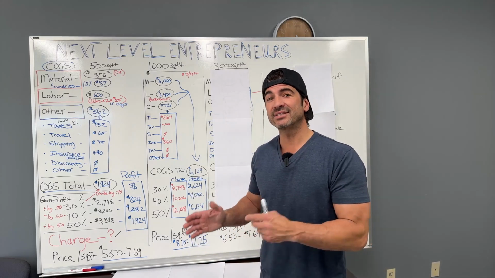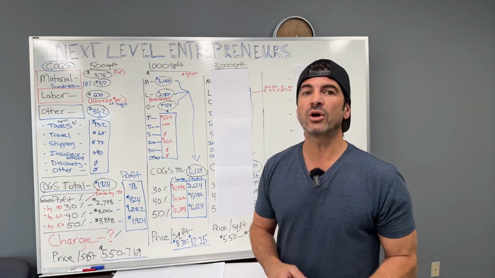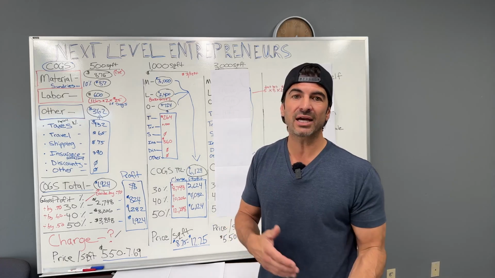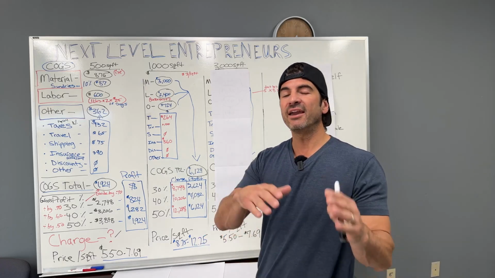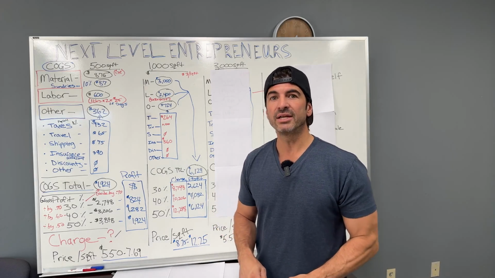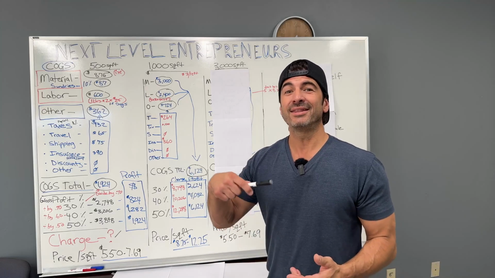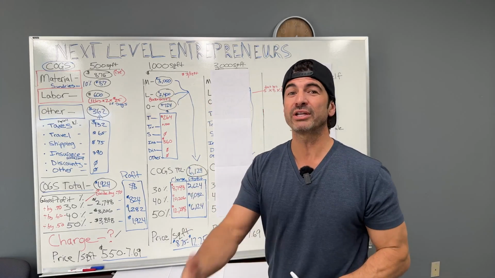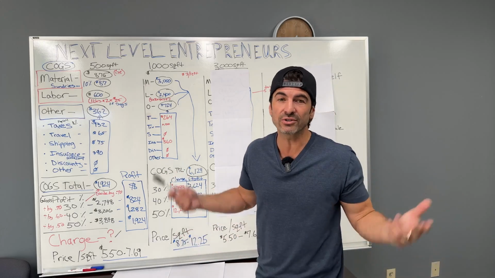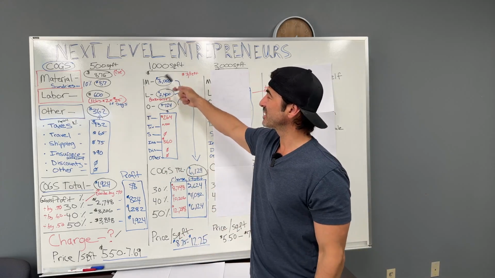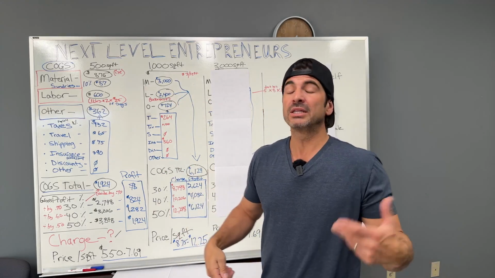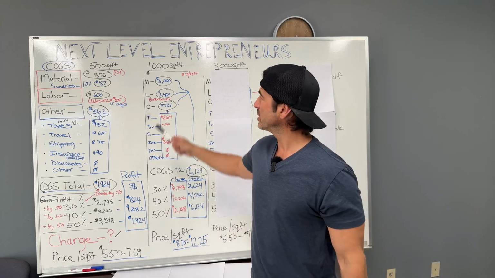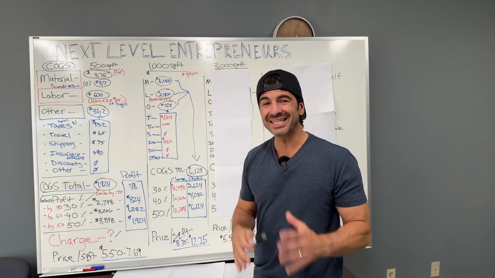Now, let's just say this is a metallic floor job. We all know that there's a lot of material and a lot of time and effort that goes into these jobs. If something goes wrong on this job, you're going to probably have to pay really close to the same $3 a square foot for the material to redo it, or let's just say it's $2. Let's say you have to redo a top coat, or you have to redo the design. You're going to be in another $2,000 at least just for the